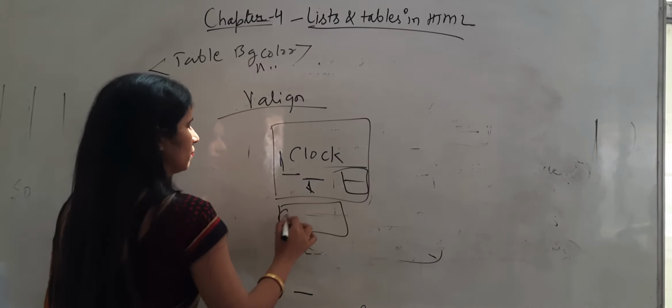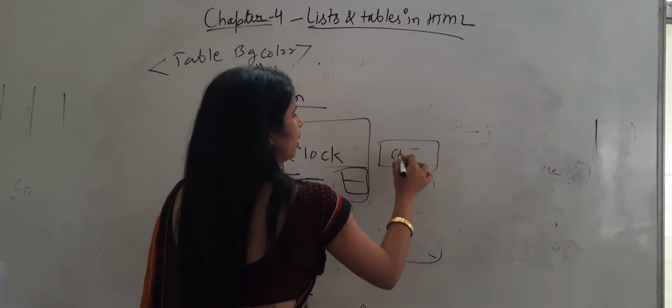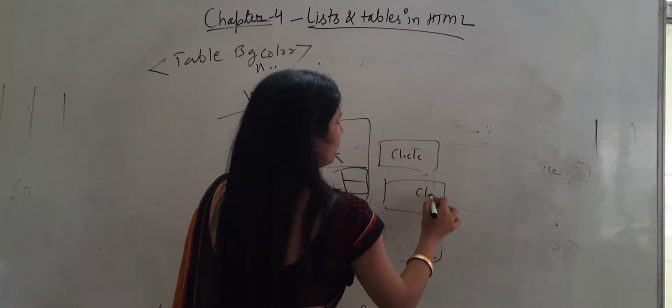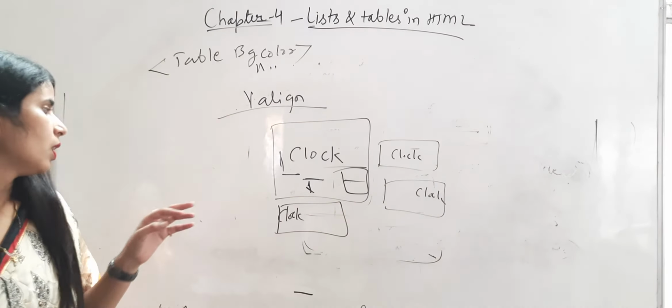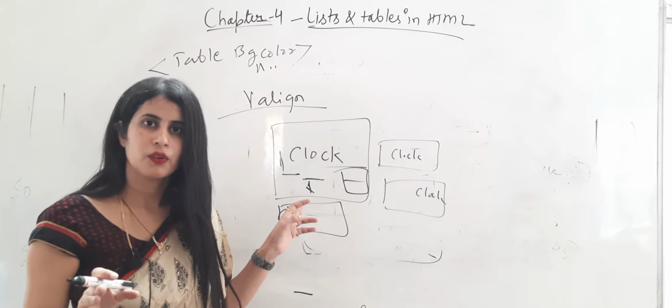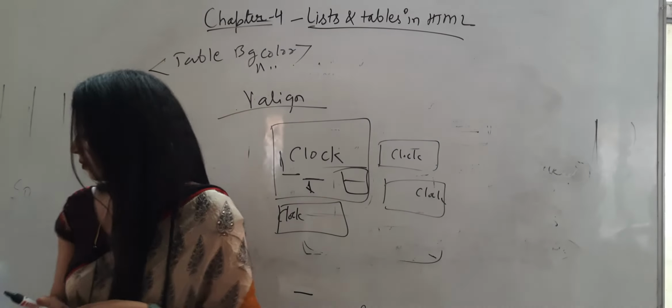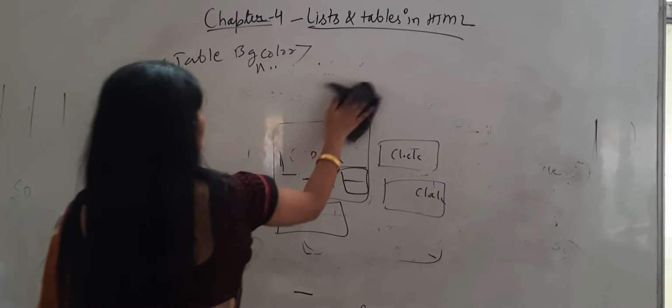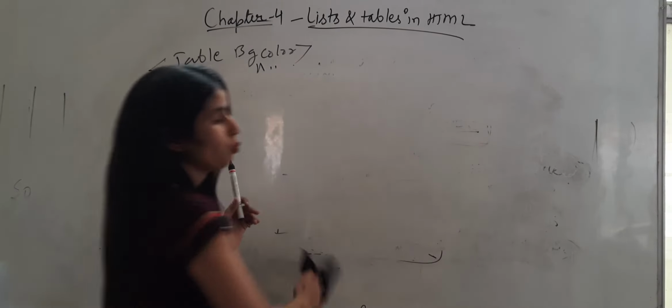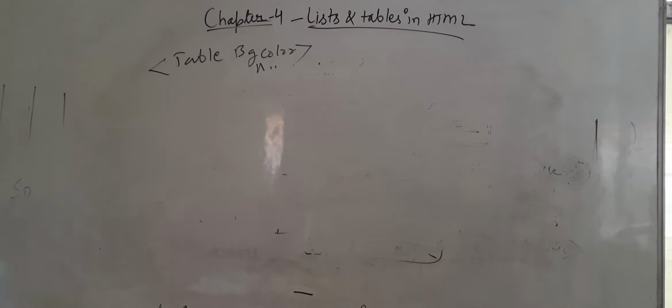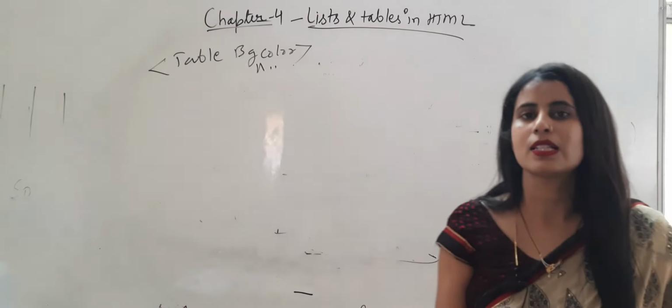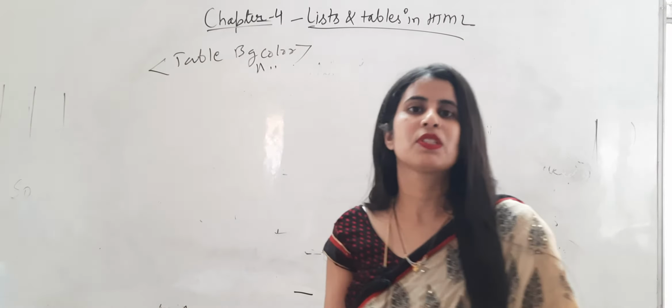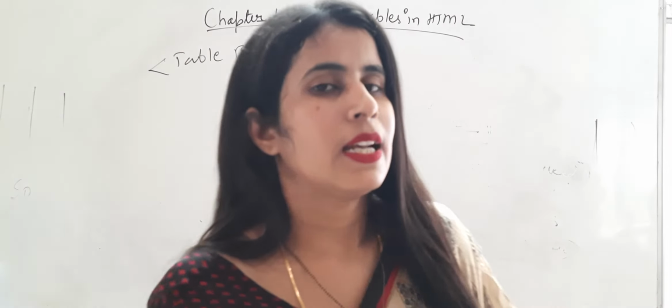Cloak. In the middle it will appear, and here it will appear on the right side. These are the three: left, right, middle. Okay, check it. The full form of V-align is vertical alignment. So these are the attributes of which tag? These are the attributes of the TD tag. The first one was align. Alignment is of four types: left, right, center, justify.